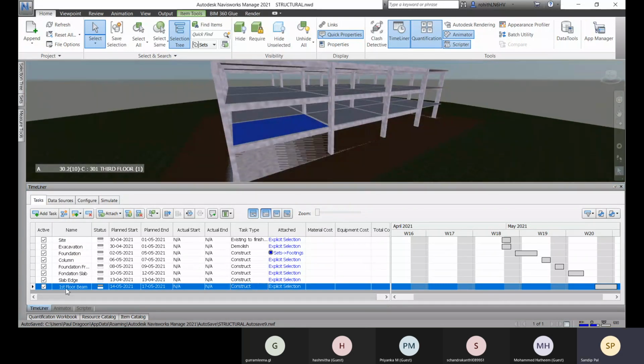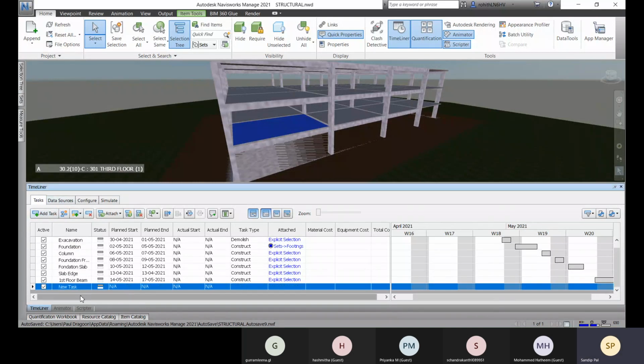And now I'll go for this one. So add task. Okay, and define the date.